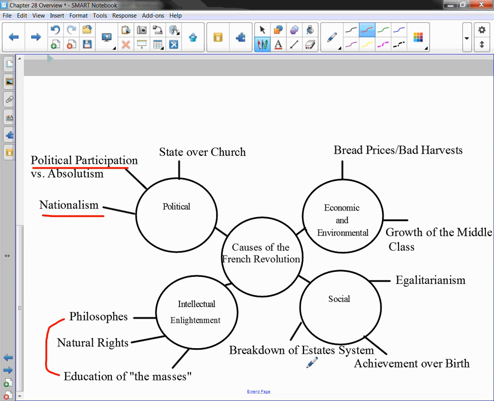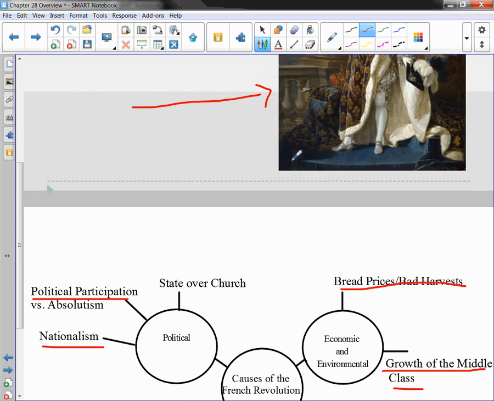Socially, there's this breakdown of the estate system with the ceiling I was referring to, and people starting to think that your title shouldn't mean everything to you. Also, egalitarian ideas that come from the Enlightenment. Add to this the growth of those people who could be educated and could break down those walls, and starvation. And you have the causes for the French Revolution.